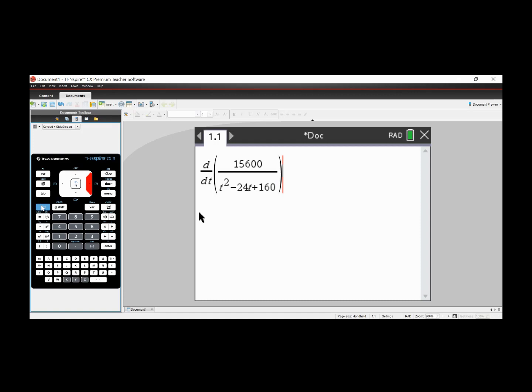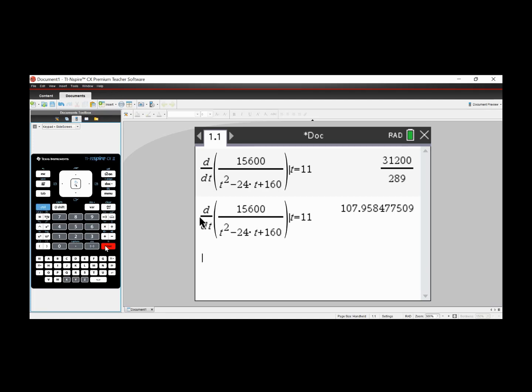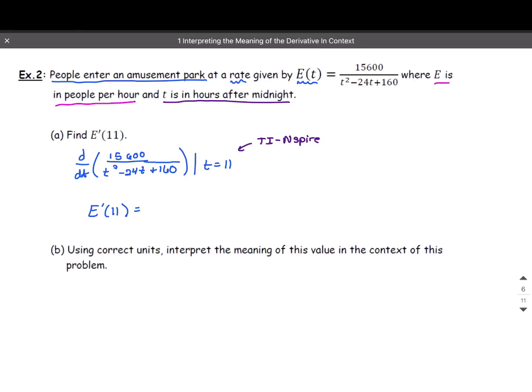Now we need the such that. Control equals such that t equals, and we wanted this at time 11. Hit enter. I'm even going to do control enter. That way we have an idea of what that number is. Okay, so we found that E prime of 11 is